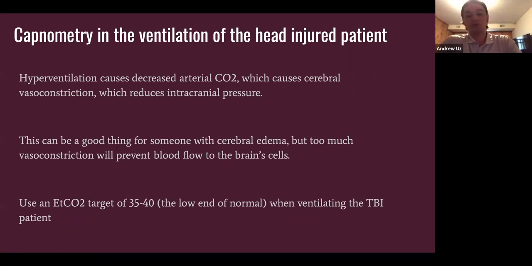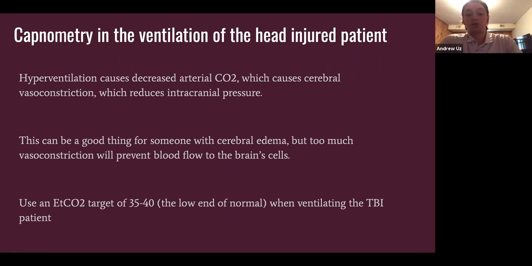What this is doing is you're intentionally blowing off CO2, which causes the cerebral vasculature to constrict. And that constriction actually reduces the pressure inside the brain. Remember, the skull is a closed box, so if the brain swells, there's not really a lot of room for it to go. We got to be careful doing this, though,